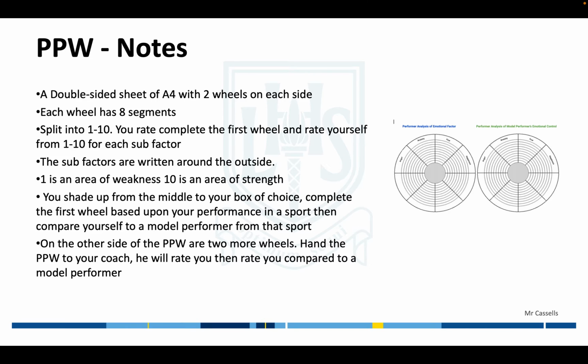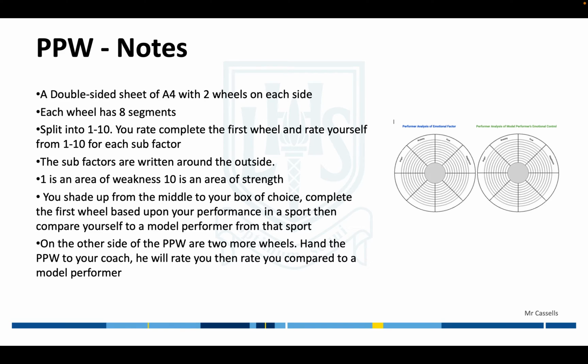If you remember, the performance profile wheel that we have here at Larbert High School has two wheels on one side and it has two wheels on the other side. And when we're describing this, we want to make statements which are descriptive, such as a double-sided sheet of A4 paper with two wheels on each side. If you have a look at the wheel on the right hand side, you can see it's split into 8 segments, and for this particular one there is 4 emotional subfactors written around the outside of the wheel: anger, anxiety,